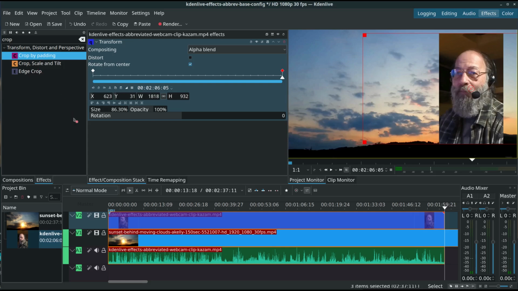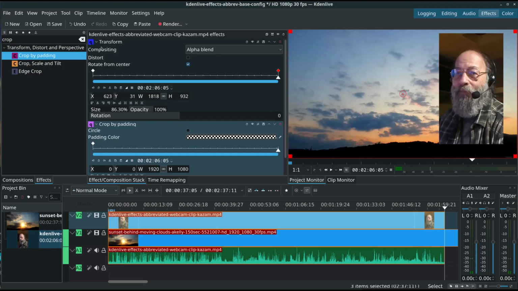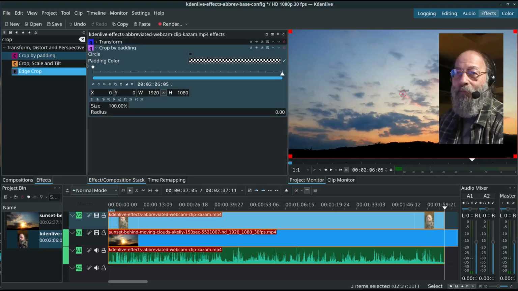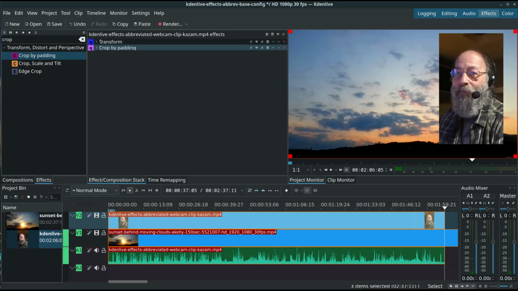Just drag it to the video clip down here. And so let me minimize both of them here. You will see that we have two effects. The top effect, transform, is the one that takes precedence and the one that is implemented by Kdenlive as it goes through the workspace, through the video tracks, audio tracks, whatever. And then for each frame, it first does transform, then crop by padding, and